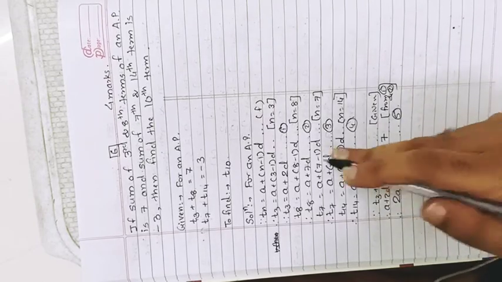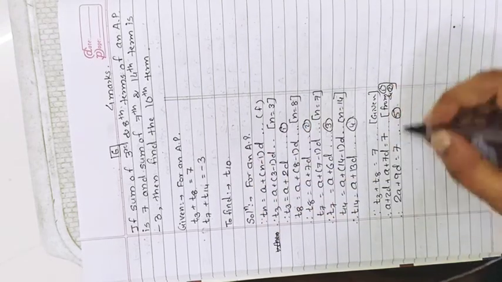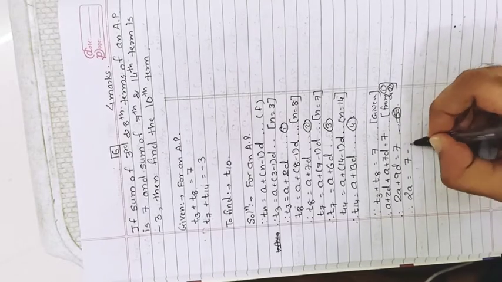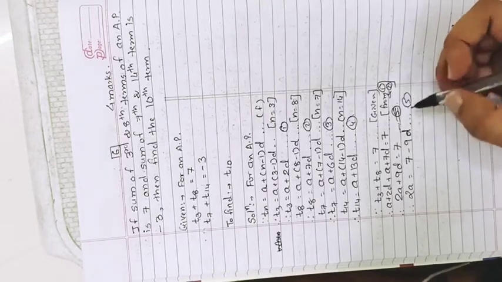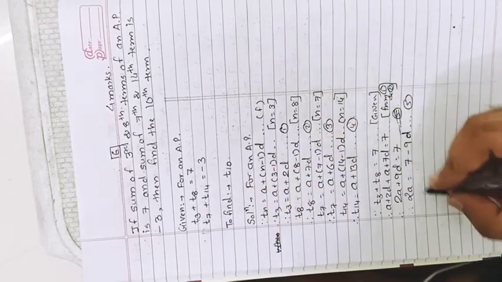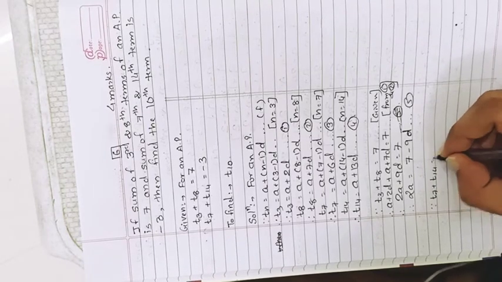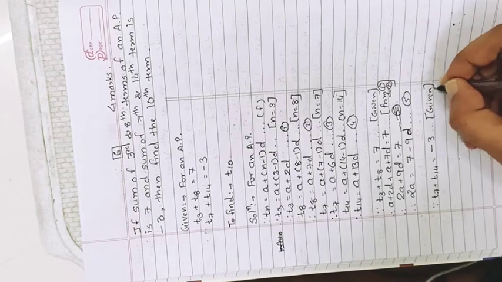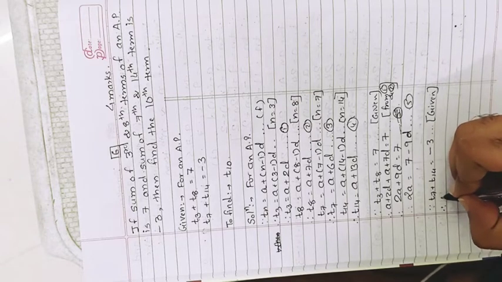Now second condition is given, T7 plus T14 is minus 3. What we can do, we can substitute the value of 2a. So 2a equal to 7 minus 9d, we can write like this, and we can substitute from 5 this value of 2a, because I guess 2a also will come in T7 plus T14. Now since T7 plus T14 equal to minus 3, which is also given, therefore T7, what is T7?